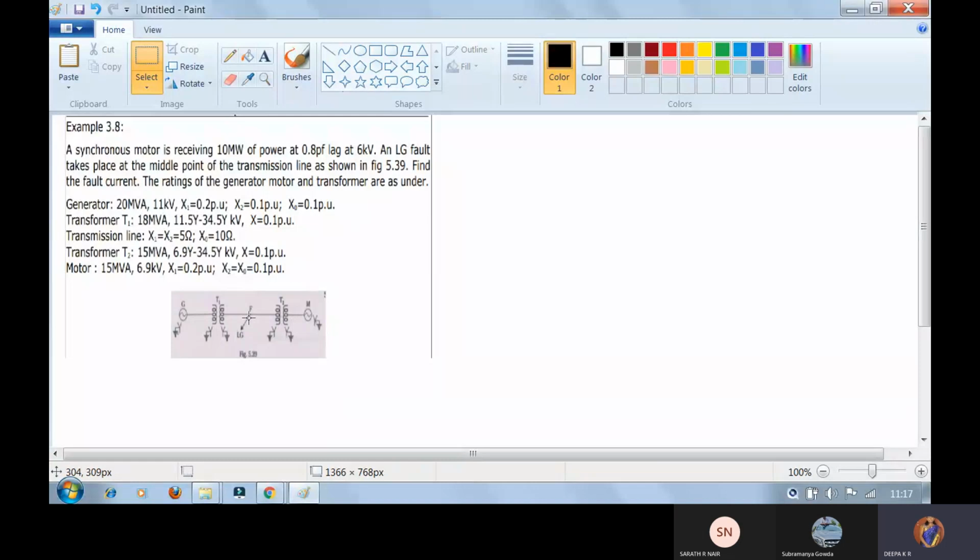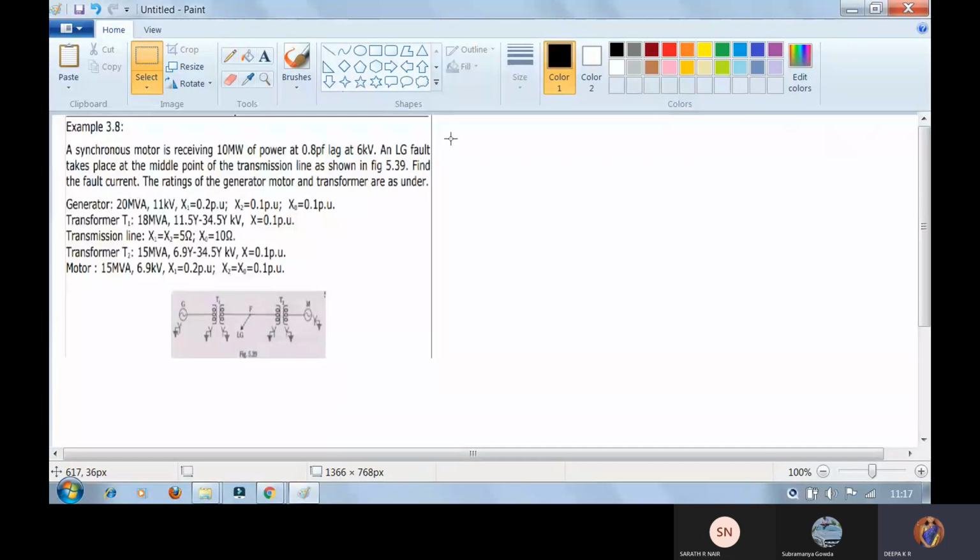So first, as per the problem, we have generator, transformer, and motor, and all have different ratings. One is 20 MVA, 18 MVA, 15 MVA, 15 MVA. So as per our knowledge from the first module, we always prefer the first one which is existing, because it is not mandatory specified. Take this as the new value. So what we will do, you will take the base power of the entire system with respect to the first device which is connected here, that is the generator.